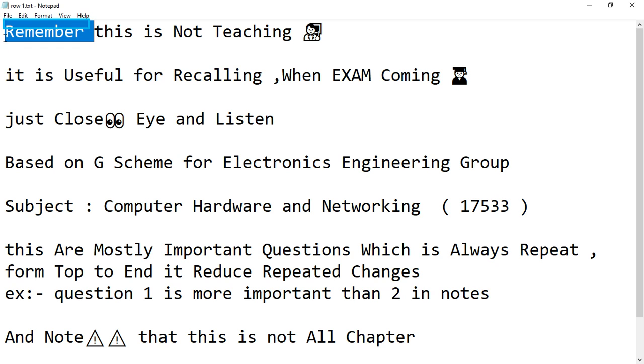Remember, this is not teaching, man, teacher. It is useful for recalling when exam is coming, man, student. Just close your eyes and listen. Based on the G scheme for the electronics engineering group. Subject: computer hardware and networking,